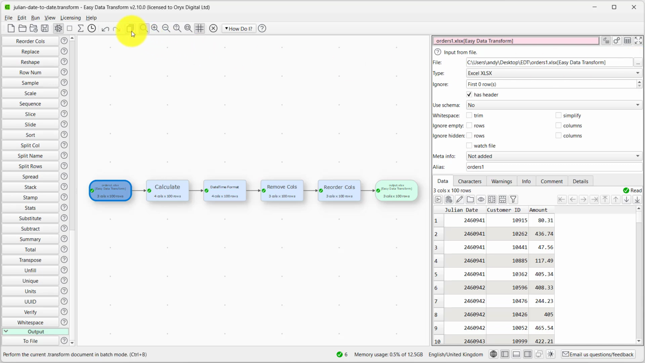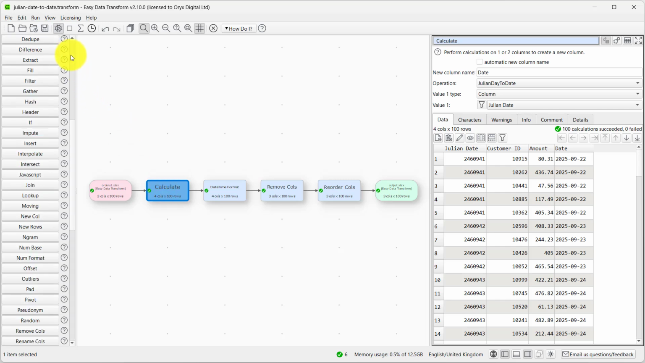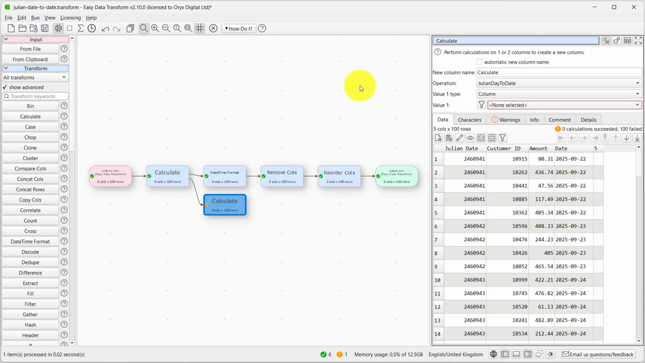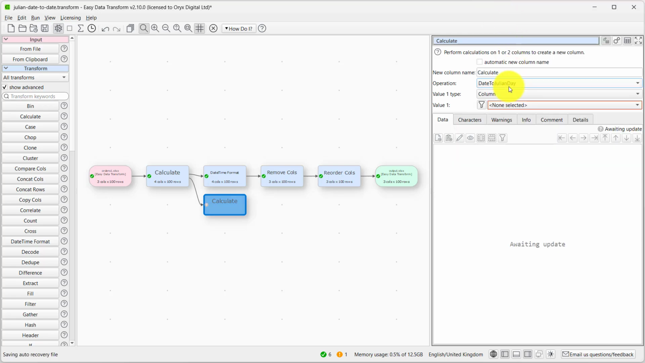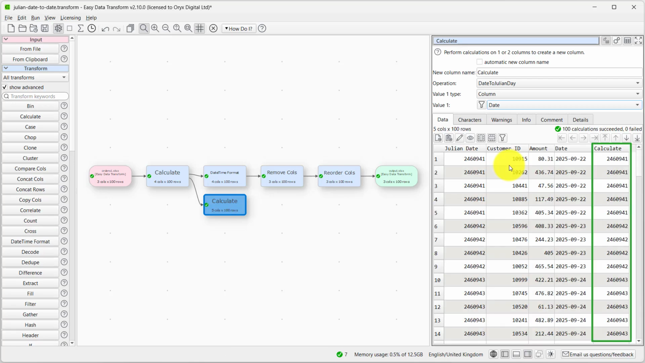We can also use the Calculate transform to convert back from standard date to a Julian date. So let's just quickly show this. So here we have a column of standard dates at the end. We'll add a Calculate transform, and this time we'll go from date to Julian day. And here you can see it's created a new column at the end with the Julian date converted from the